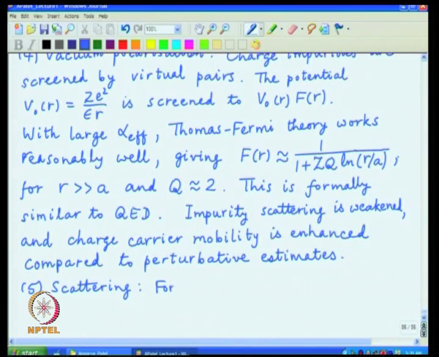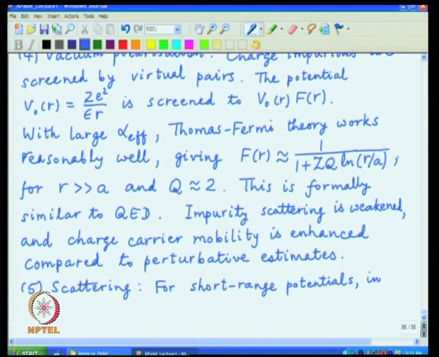Just take a so-called hard sphere repulsive potential, or basically a short range barrier, and then one can do the calculations much more easily, and what one sees